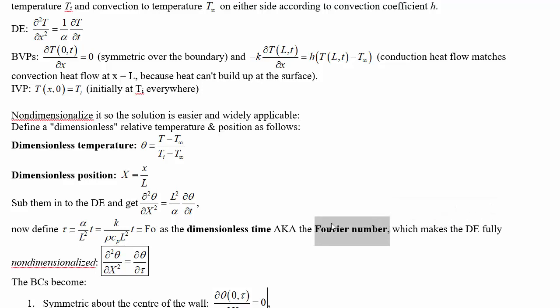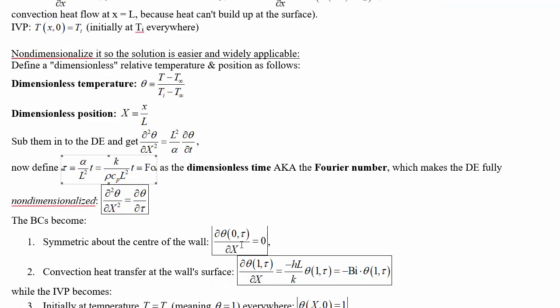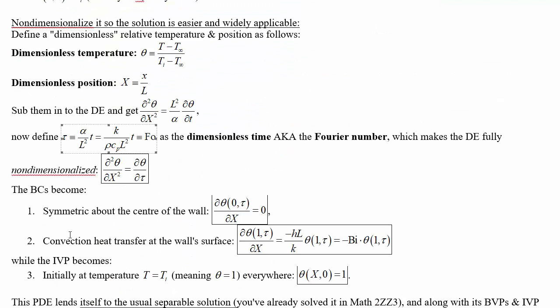This is going to be an important characteristic that, by looking at it, tells you basically the rate of heat conducted to heat stored at any moment. As time goes on, then you have a higher ratio of heat being conducted through the object to heat being stored at any position. The boundary conditions, after substituting in these dimensionless numbers in place of the previous dimensioned variables,